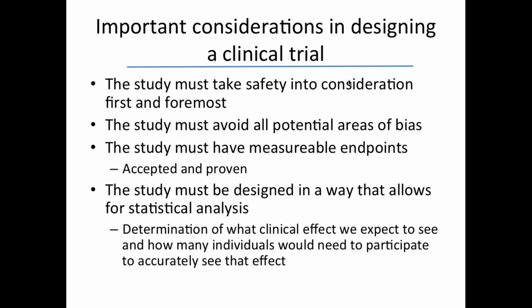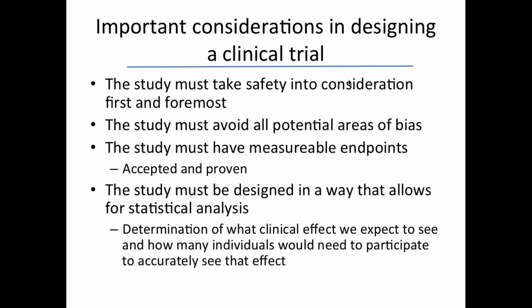So in other words, there has to be something that is measured that proves that that drug is working. And not only that, that thing that is being measured has to have been accepted, published, and proven, and something that the FDA, in other words, accepts as a measurable endpoint. So I can't just come to the FDA and say, I've decided that my endpoint is that my patients can bounce a ball 50 times against a wall rather than 20 times against a wall, because this isn't anything that's been published, accepted, or proven.